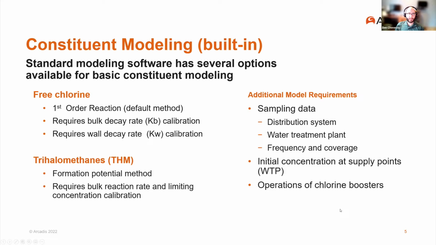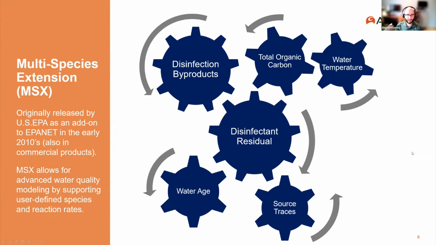So the next step after having a built-in constituent model is looking at MSX, and that's the advanced water quality modeling that we're kind of focused in on today. MSX does multi-species modeling. It was originally released in the early 2010s by EPA, kind of as an add-on to EPANet, but it's also been incorporated into the commercial products in InfoWater Pro. And really how it's doing that advanced water quality modeling portion is being able to define and support species, like whatever species you want to look at, and then their individual reaction rates and interactions with each other. So instead of just looking at a disinfectant residual, so free chlorine just by itself, a simple representation, we